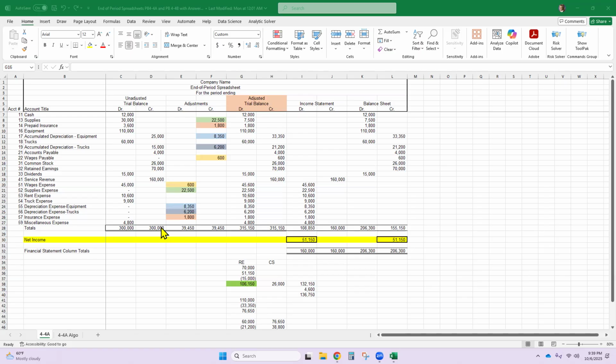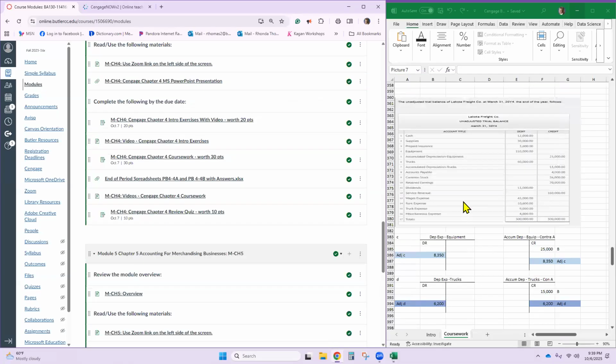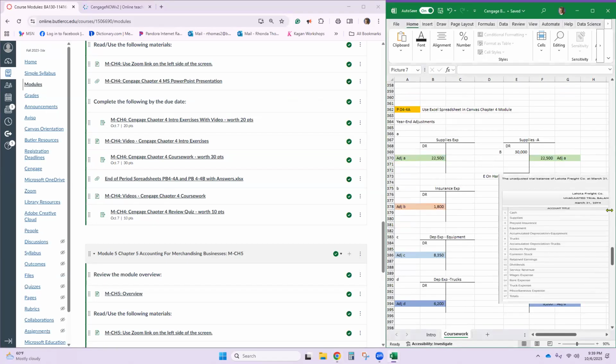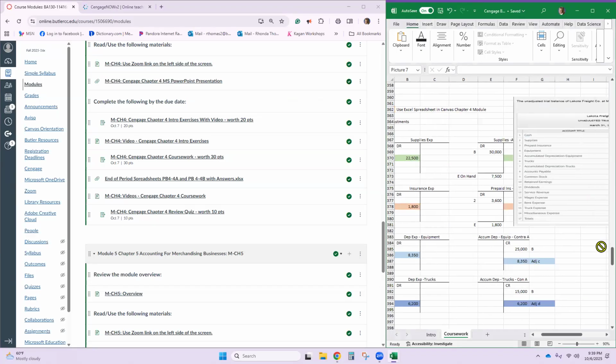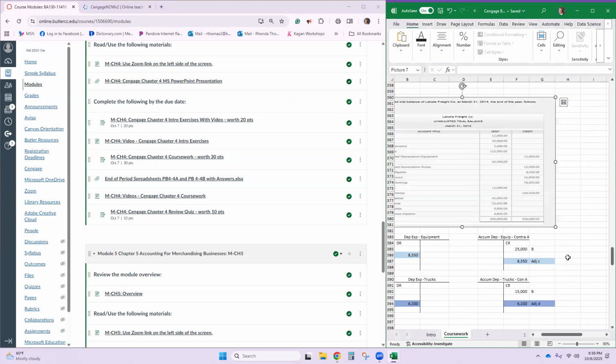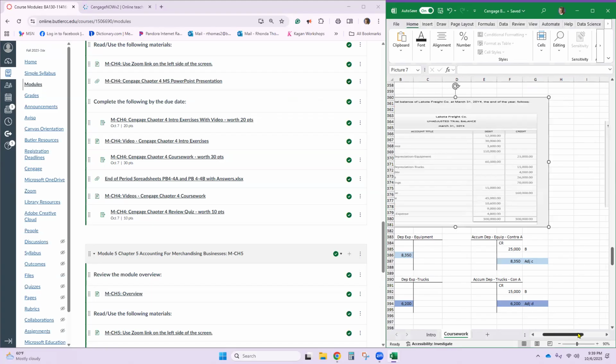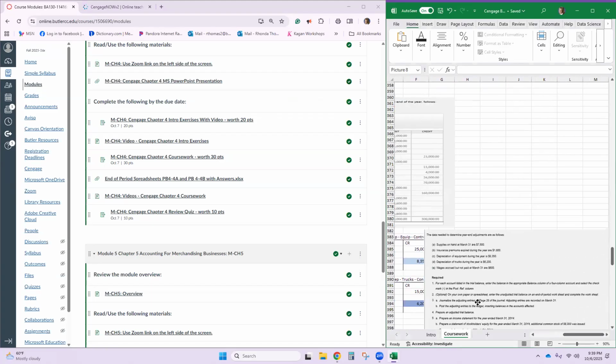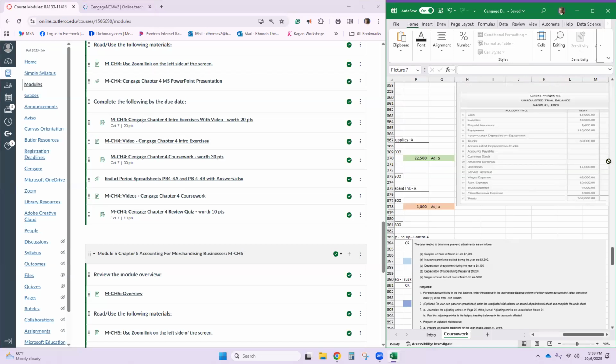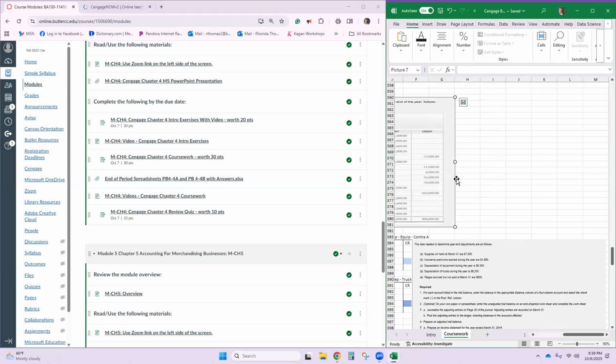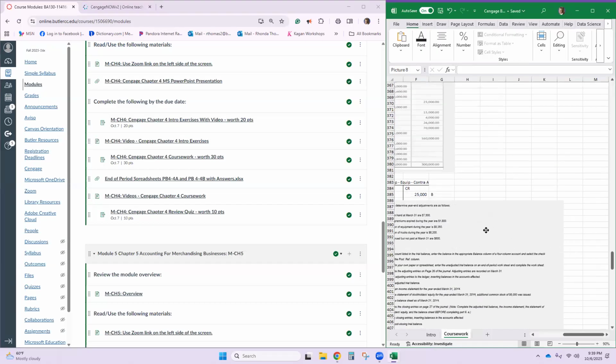Now we're going to walk through some adjustments, and we're going to put in the adjustments here in a minute. So let me show you my other spreadsheet. We're finished with this adjusted trial balance part here. So let me move this over and get it out of the way. We need this because it is going to tell us what our adjustments need to be, and we're going to look at them in a T account.